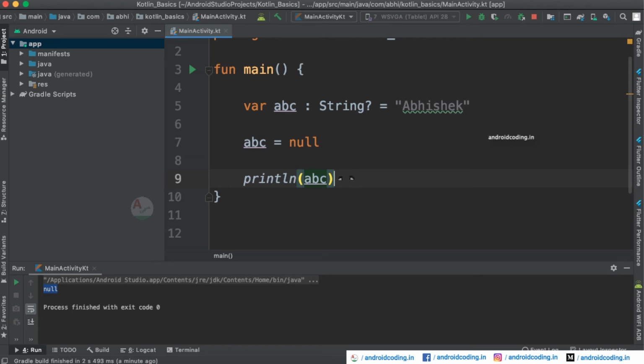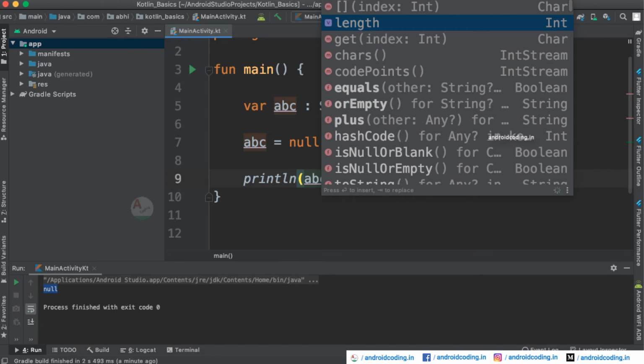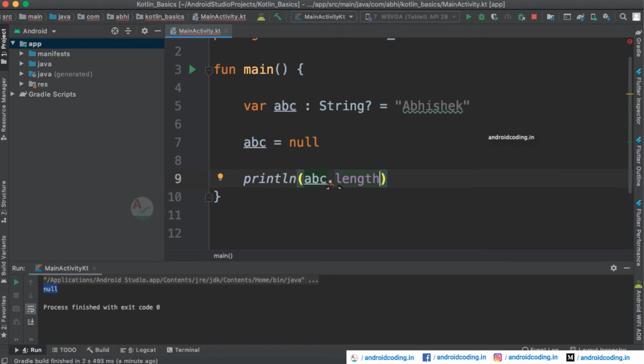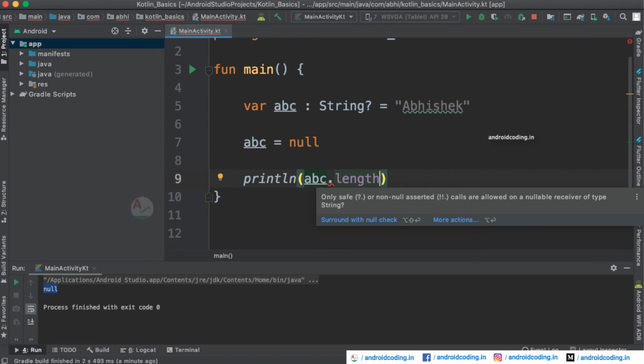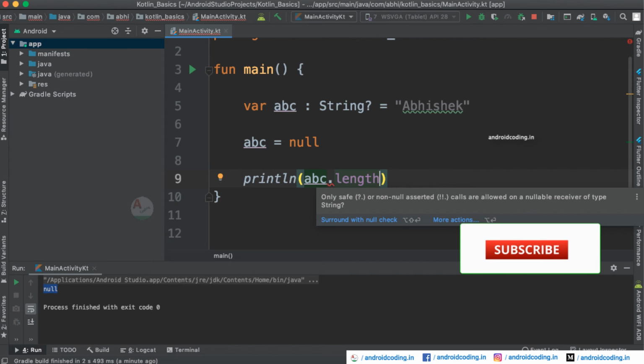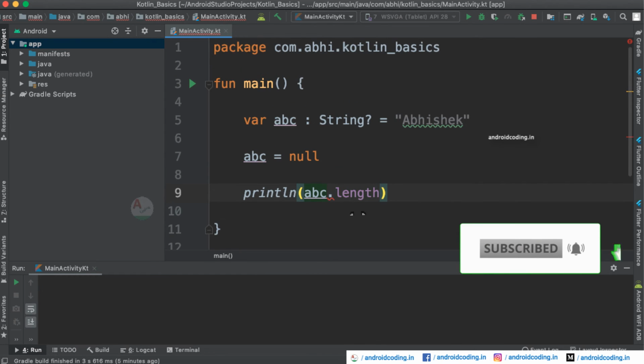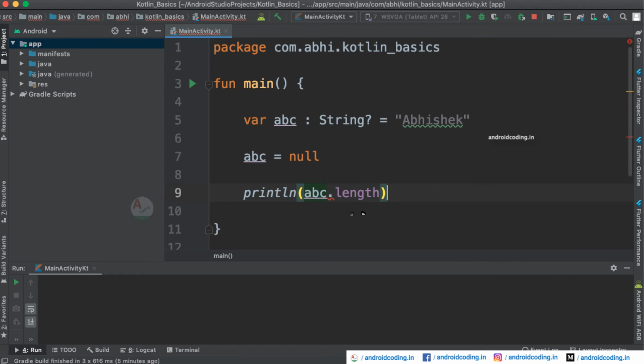But then what are the things we can do here? I just want to get the length here. It's stating that only safe or non-null asserted calls are allowed here. So what if you want to print the length only if it is not null?